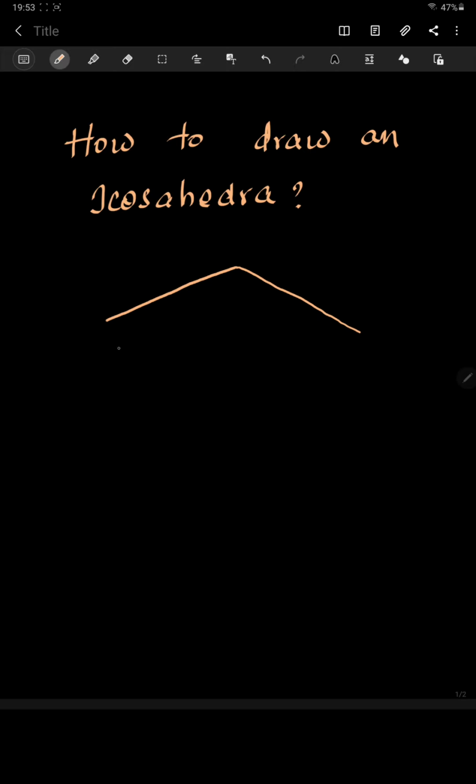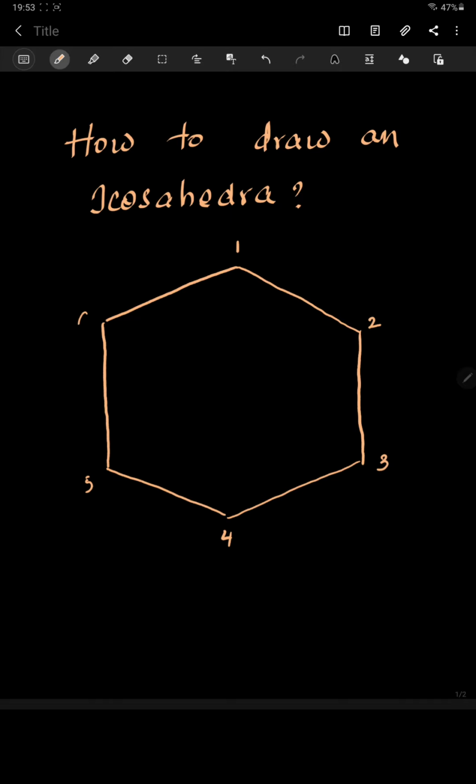draw a hexagon. Well, once the hexagon is completed, there are 6 corners for it. By using the alternate corners, we'll try to construct 2 triangles. Supposing that if I am choosing 1, 3, 5, I construct a triangle, 2, 4, 6, another triangle will be constructed. But one of the sides of these triangles, let's make it a bent one.